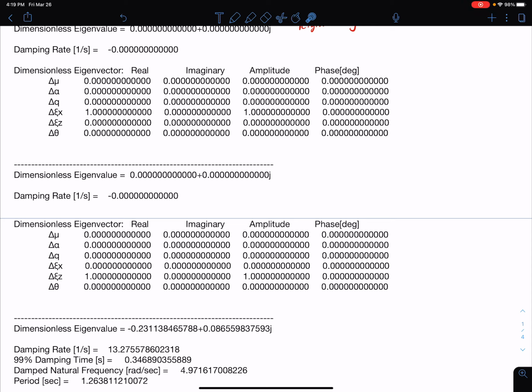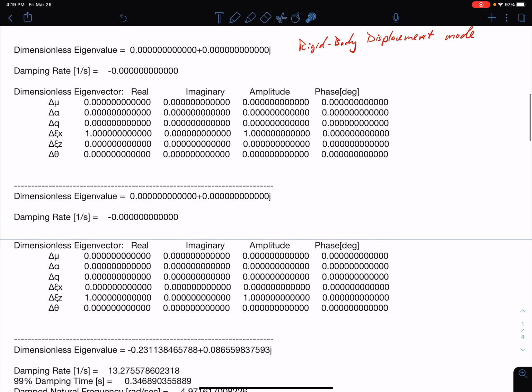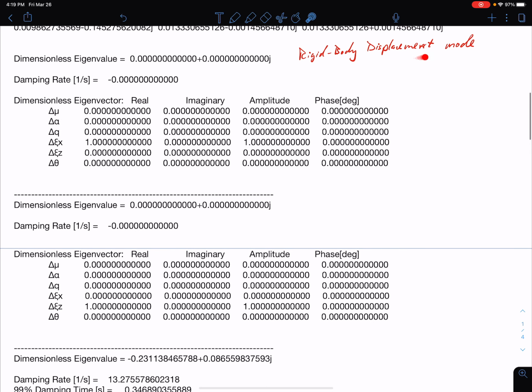Now, in reality, it would, because density changes as a function of altitude. But within this linearization, we have not accounted for small deviations in density with changes in altitude. And so because of that, it's saying that our solution is independent of altitude. Okay, so those are the 2 rigid body modes that we're going to get out of these longitudinal equations, the way that we've set it up here. Those are the first 2 modes that we get out of these first 2 eigenvalues.